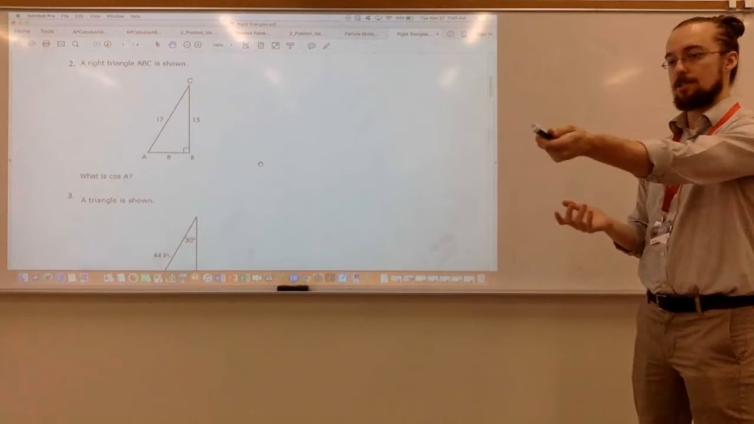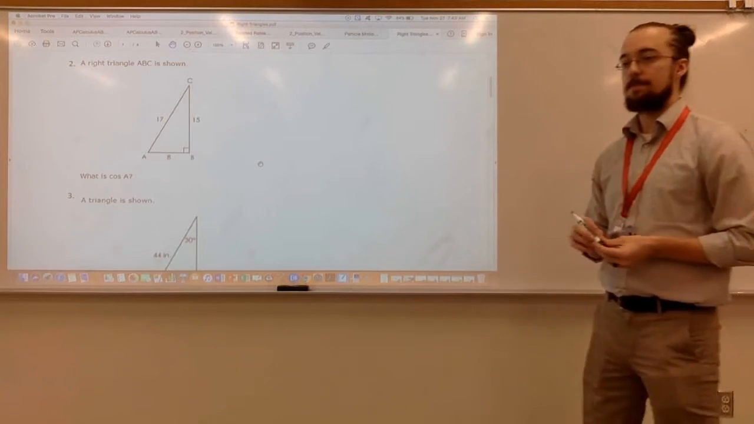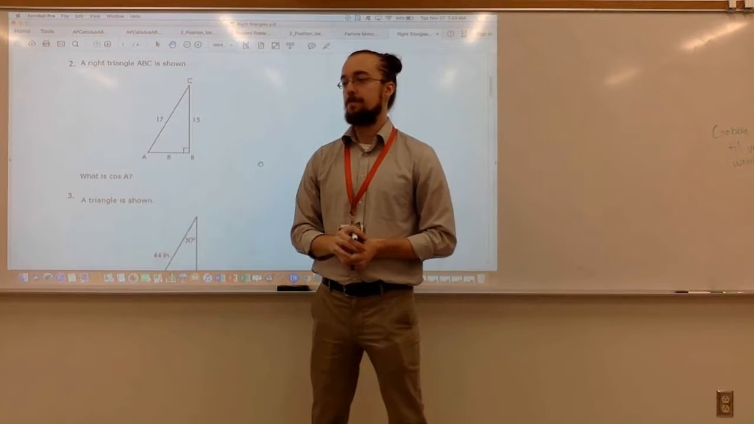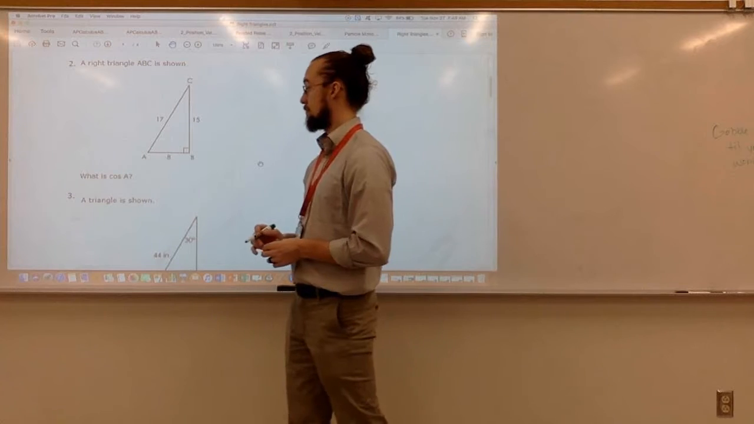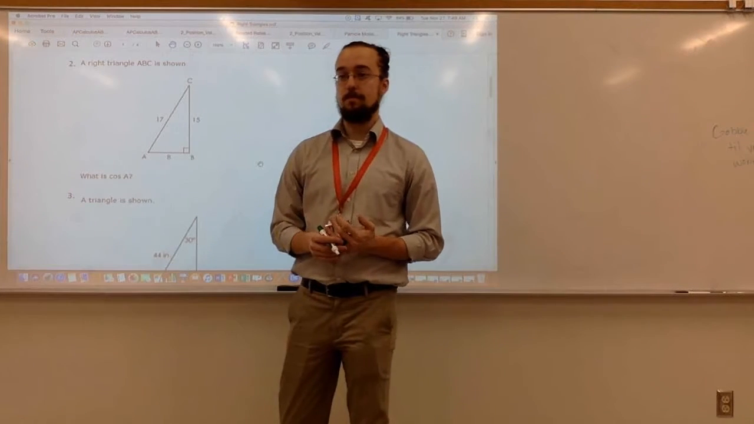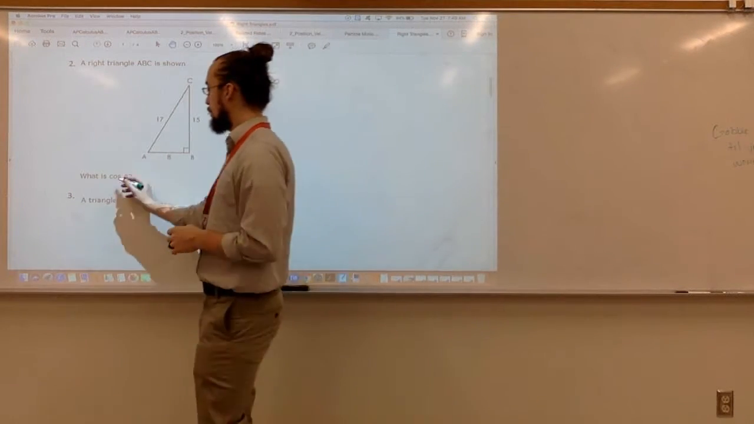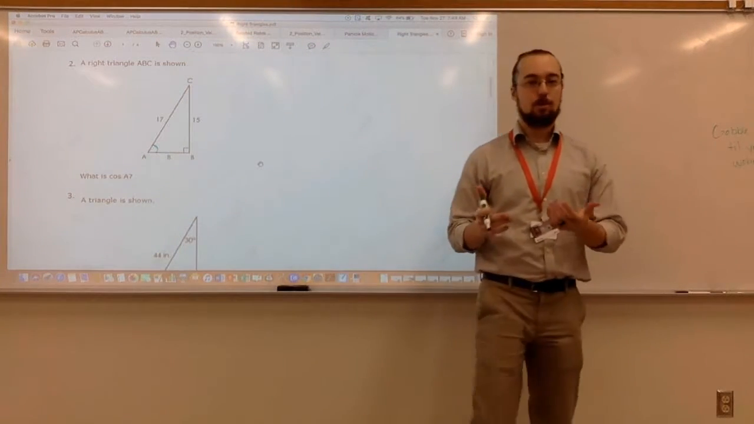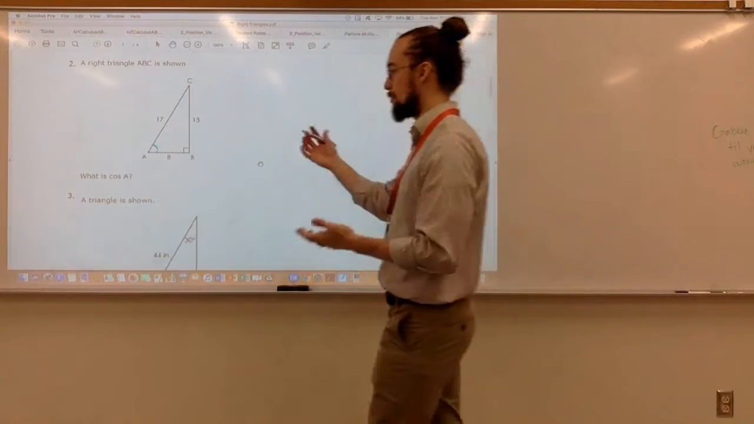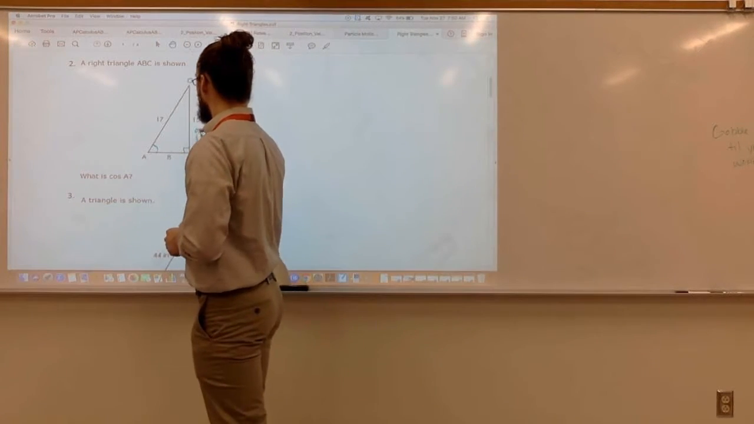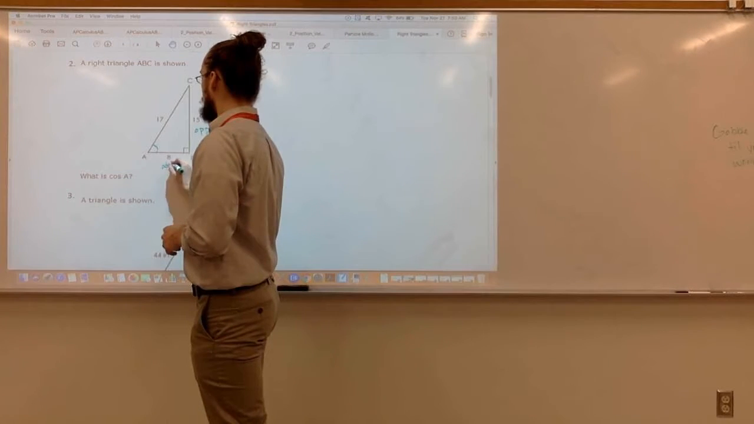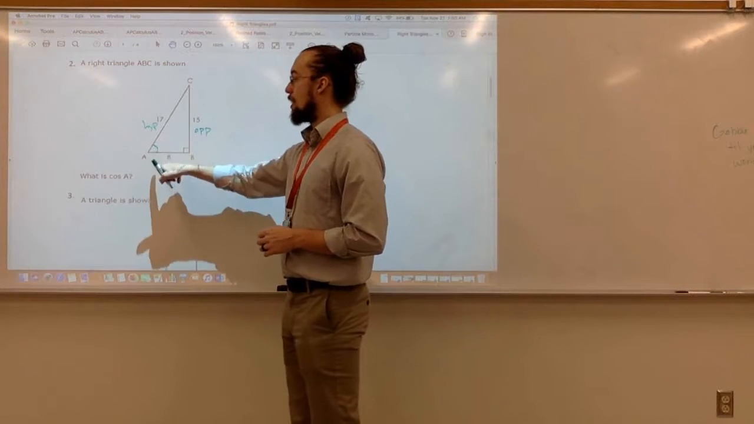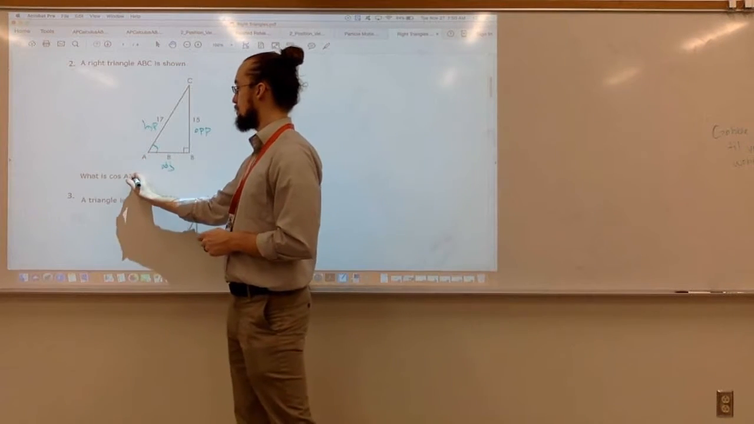What does that mean? What is that asking me to do? Exactly. Cosine in SOHCAHTOA we know is CAH, so cosine is adjacent over hypotenuse. So if I'm labeling my sides, this is opposite, adjacent, and hypotenuse. So the cosine of angle A is adjacent over hypotenuse. That's just